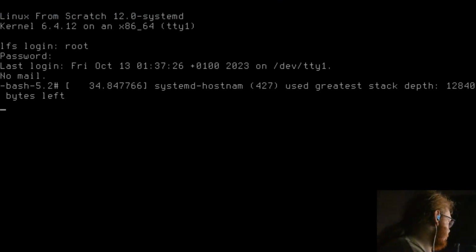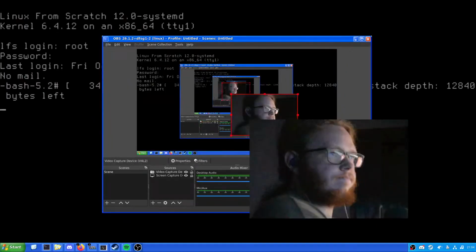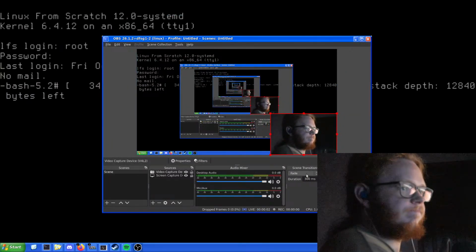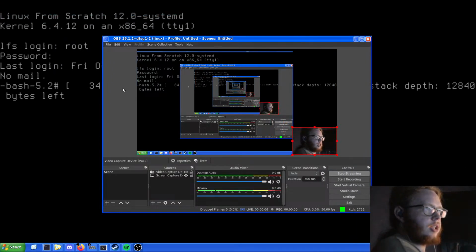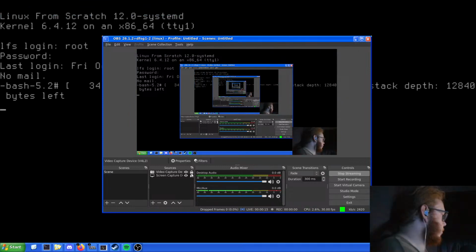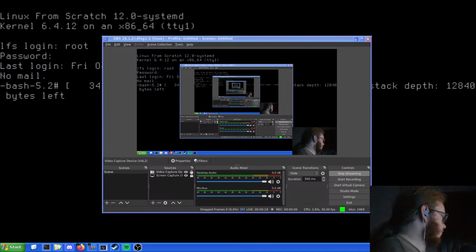I think it's actually OBS causing my issues. So, bear with me. No, it wasn't that. I don't know what's causing it. Yeah, I don't know what's causing it. What the fuck? Lock. Got no idea.